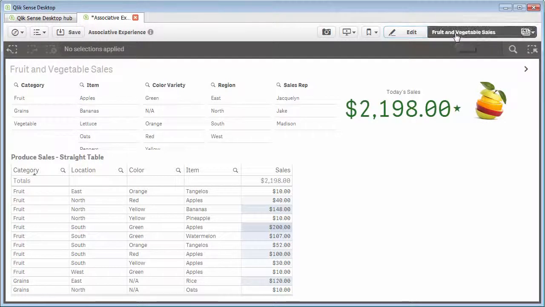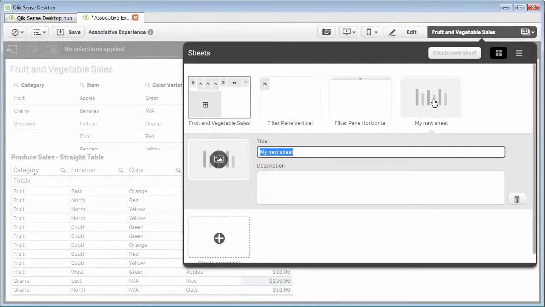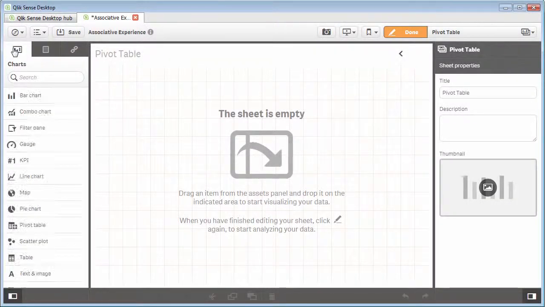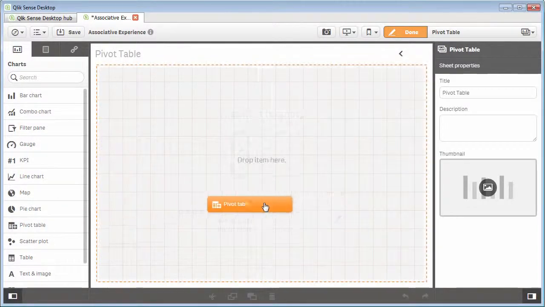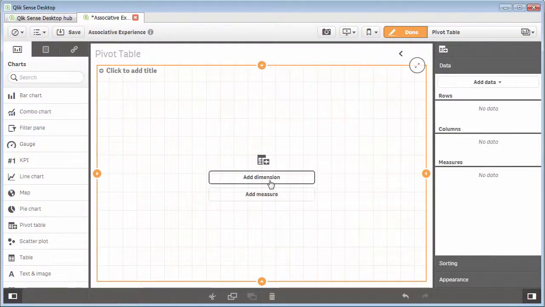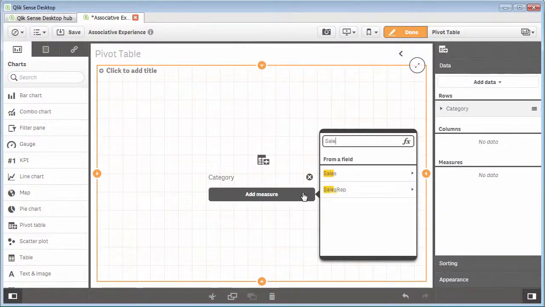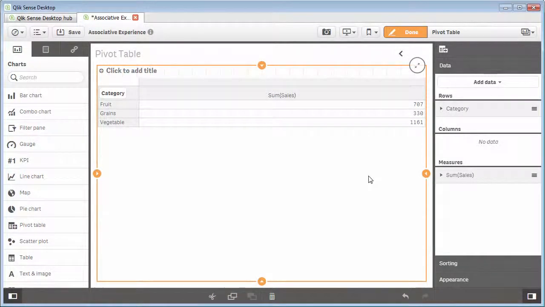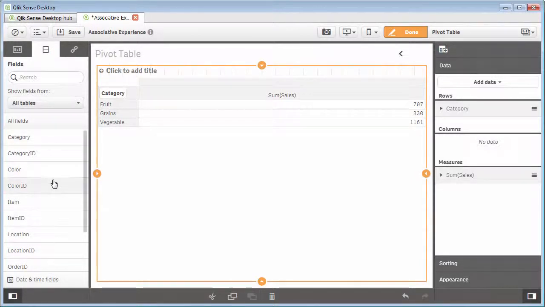So I'm going to go into my sheet objects, create a new sheet, and we're going to call it pivot table. That way we have a little bit more field of view when I demonstrate this. I'll go into edit mode, and we're going to go to our chart objects and bring over the pivot table. Okay, we'll add some dimensions, category, as well as a metric or measure, select sales. And pretty much we're going to use the same dimensions that we used in the straight table. Let's add some more dimensions, such as color,